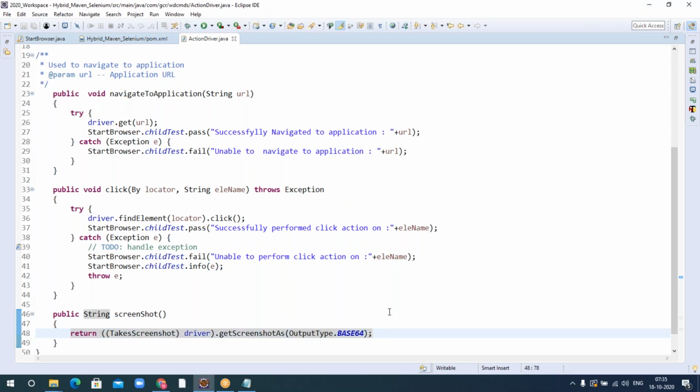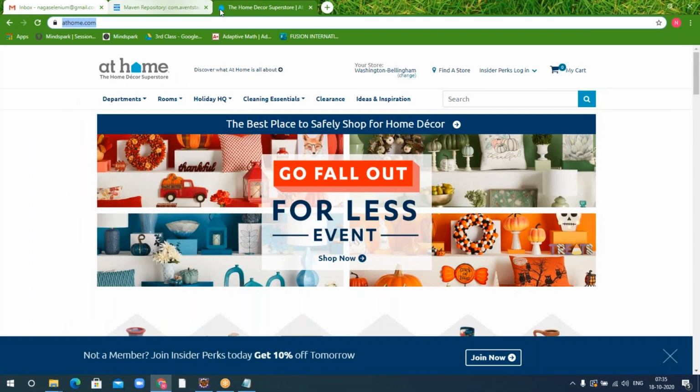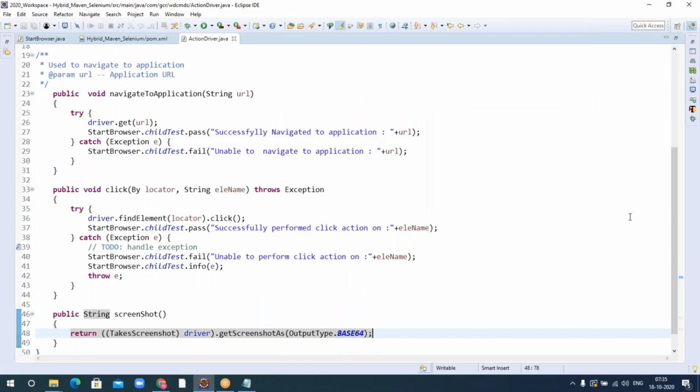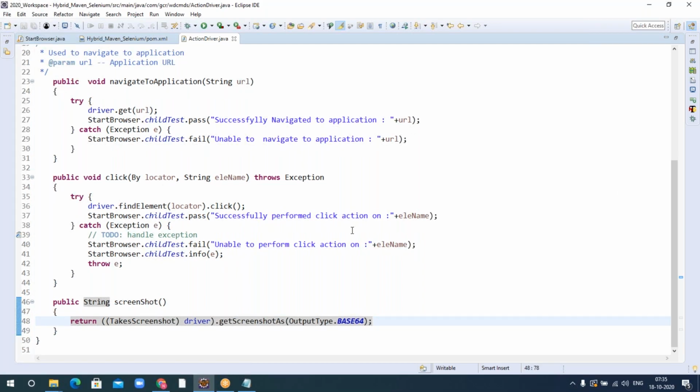it will embed it into your HTML file. So in the report itself you will have the screenshot, so that you can send the report to anyone. Let's say your team lead or manager is asking for the report, so it will be easy to send an HTML file in which the screenshot is embedded. We are going to see how the screenshot will be embedded.